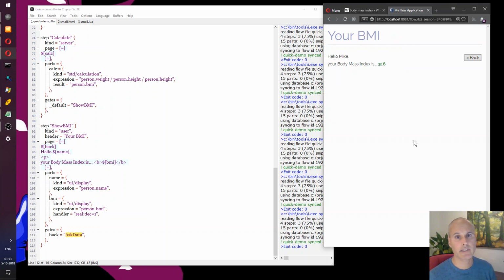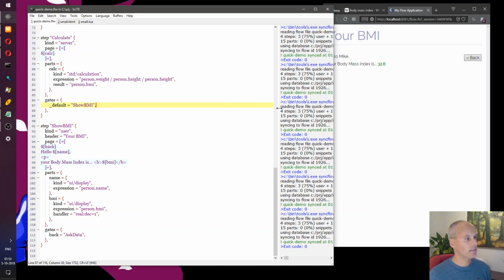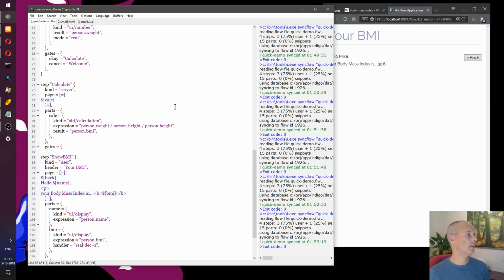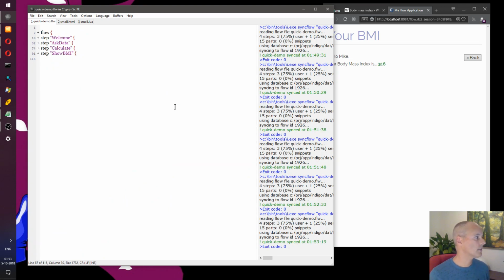That's basically it. That's a working BMI calculator built without any coding. So what I've done is define this flow. If I fold the definition, you see that there were four steps.